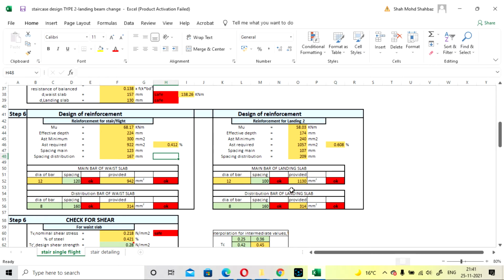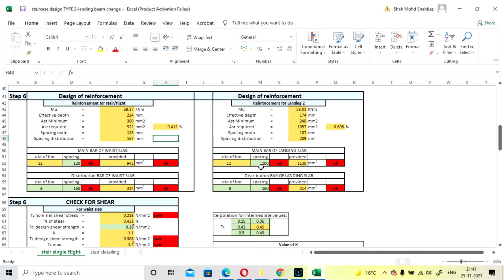Okay, similarly the design of reinforcement for landing 2 is calculated here, and Ast required is 1057. So we are going to consider a spacing of 100 mm. If you go with 120 we can check also: it shows not okay because the area is more.